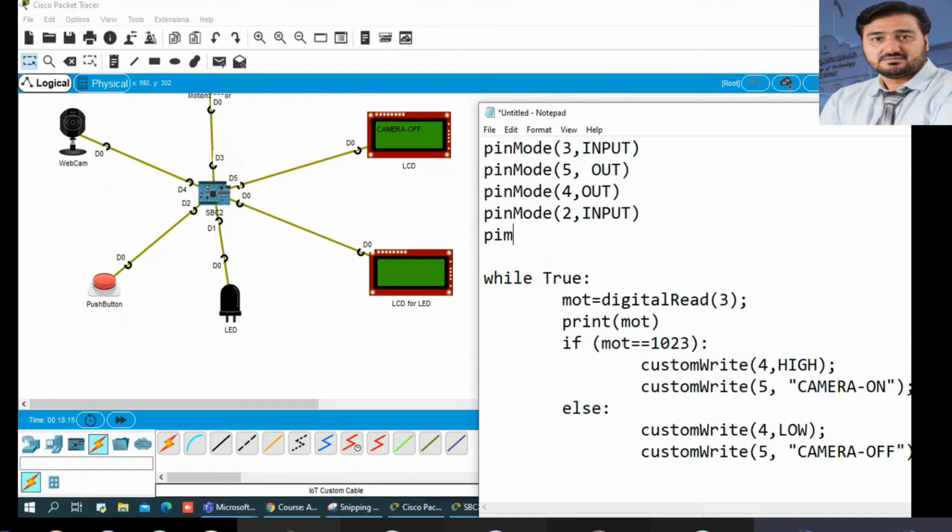Now again I will ask the same question. Pin mode. This LED is connected with D1. Is it an input or output pin?